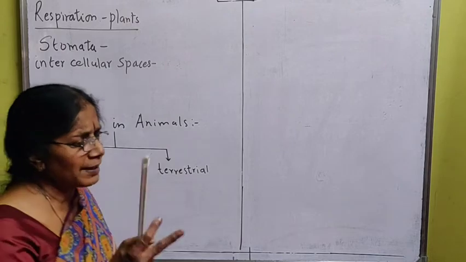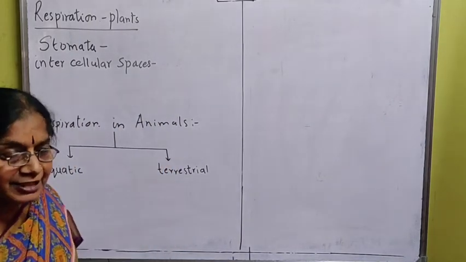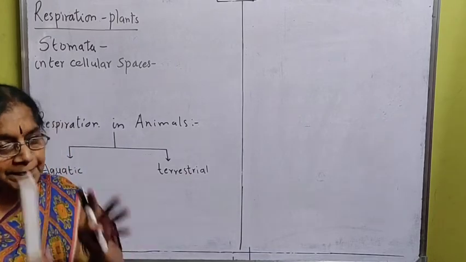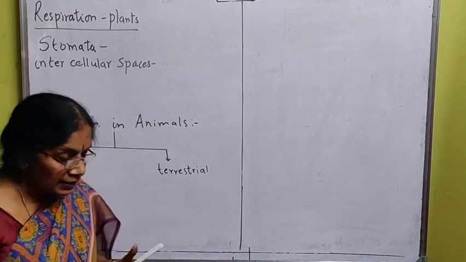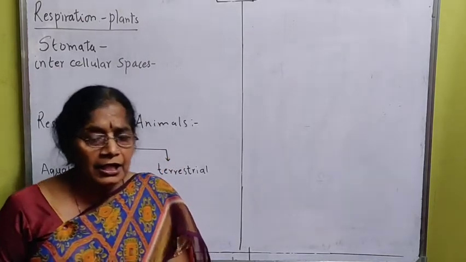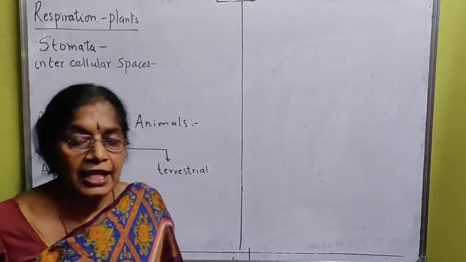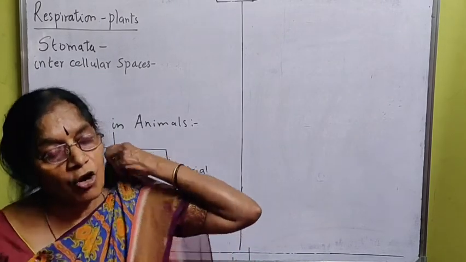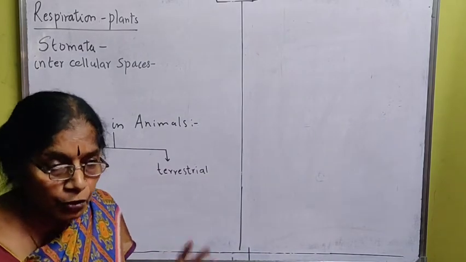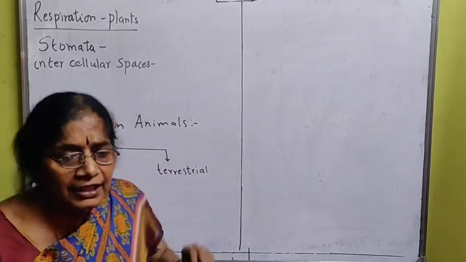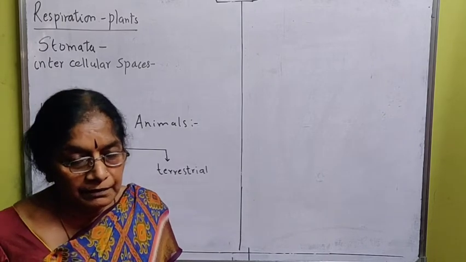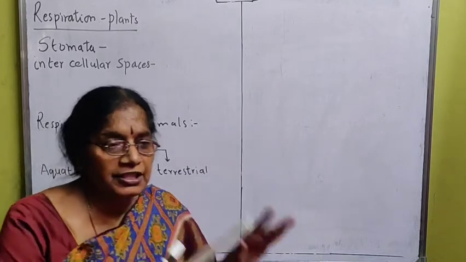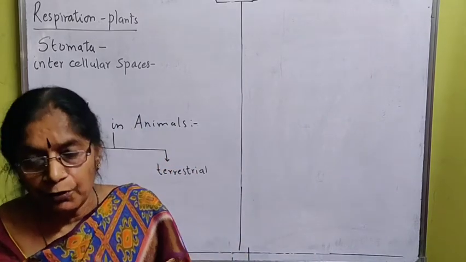Respiration. We saw two types of respiration, aerobic respiration and anaerobic respiration. Today we are going to see further how respiration takes place in plants. Till now you have only heard that plants do processes like photosynthesis, taking in carbon dioxide and giving out oxygen. No one knows that plants do respiration also, because during the daytime only photosynthesis is taking place,